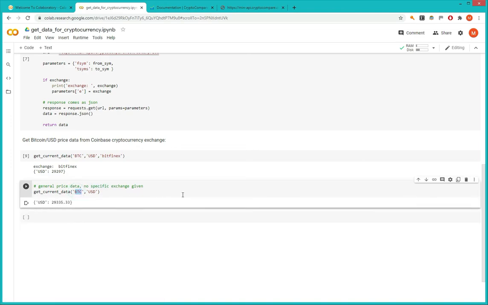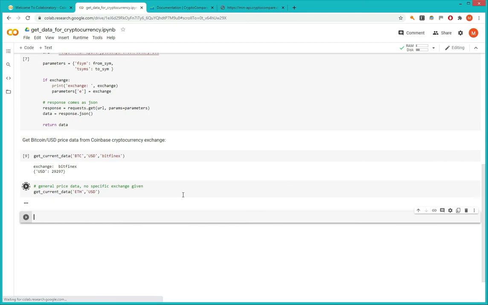And we can also check some other cryptocurrency, for example Ethereum, in US dollars. As you can see, the process is very straightforward,